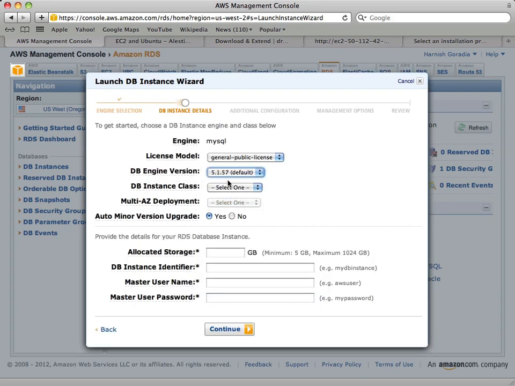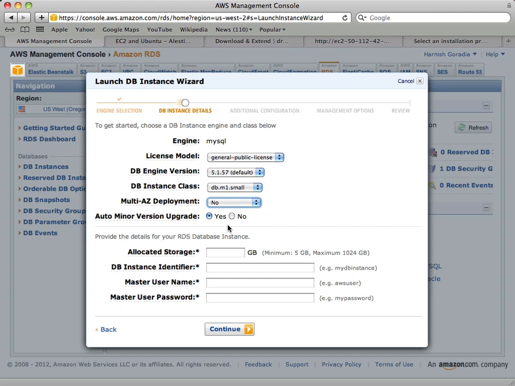The default. The smallest, m1.small. This is going to be 11 cents an hour. Okay, the database instance is 11 cents. I'm going to say no to this. For most of us, this is going to be no, or else a lot more money. What is multi-AZ? It puts the database